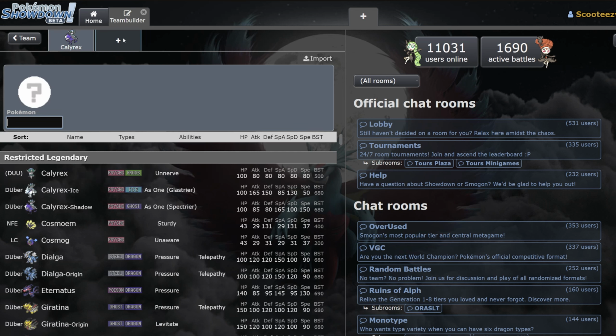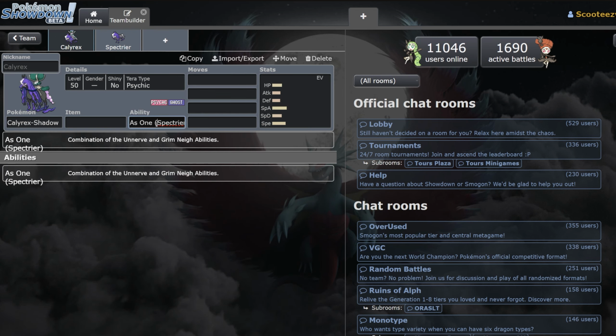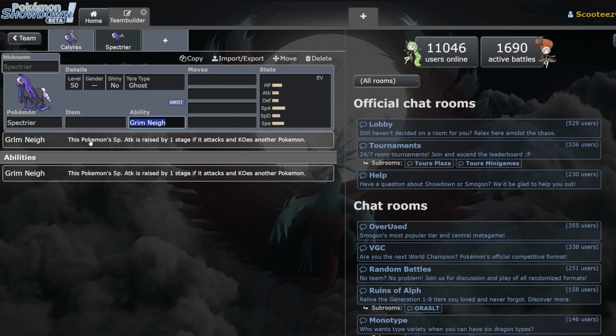For anyone who doesn't know what this mon does, basically, it gets two abilities to start with. So you see here, it gets As-1, it gets Spectrier's ability, and it gets Calyrex's ability. Unnerve, I'm pretty sure most of us are well aware what this does. Essentially, you can't eat berries, which means things like Incineroar, for example, can't eat its Sitrus Berry when in front of a Calyrex-Shadow. But it also gets Grim Neigh, which is Spectrier's ability, which, as you can see here, when this Pokemon picks up a KO, it gets +1 to its Special Attack stat, which is pretty broken